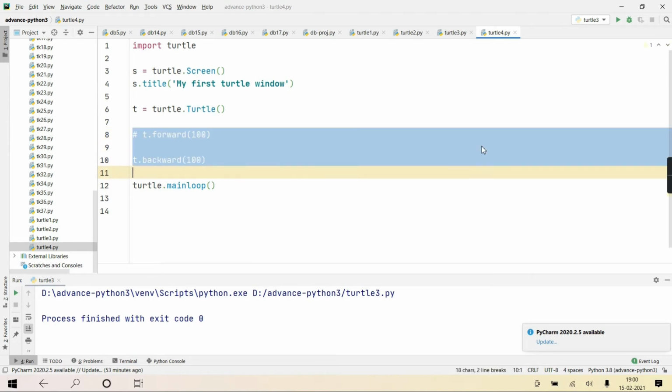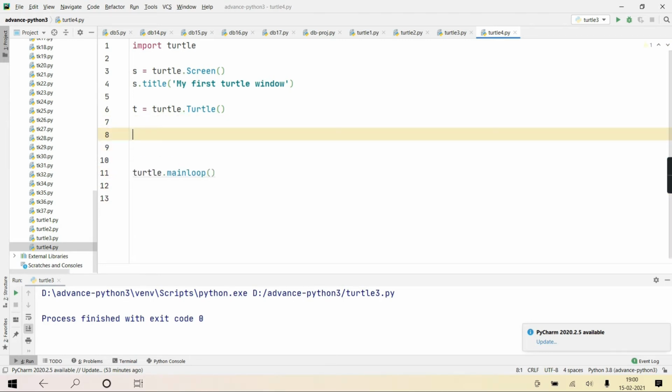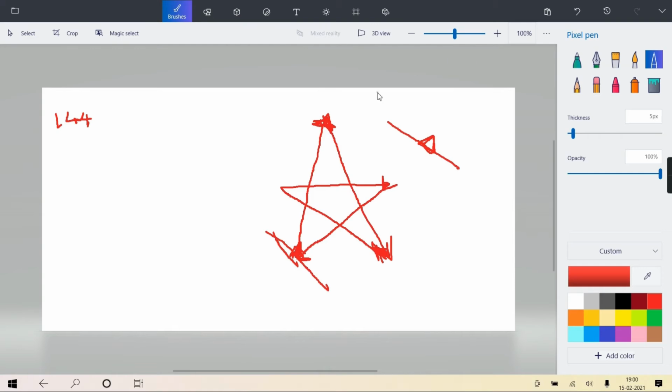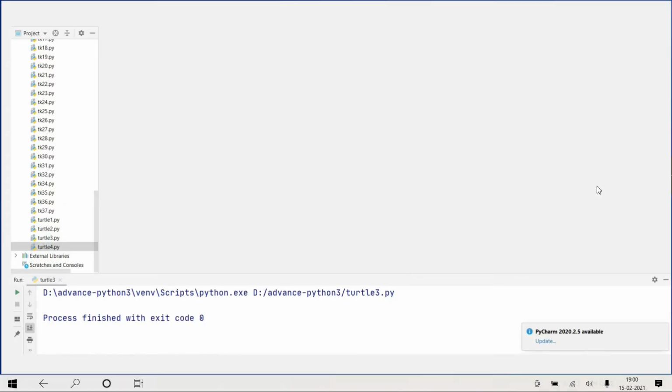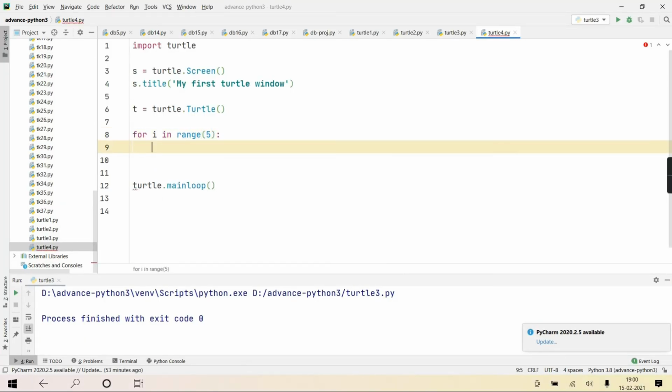Right? Now let's see, you people will tell me what loop you'll write and in how many iterations it will complete. 1, 2, 3, 4 and 5. Right? 5 iterations. So for i in range 5 I am writing. Okay? Now only 2 lines you have to tell me.